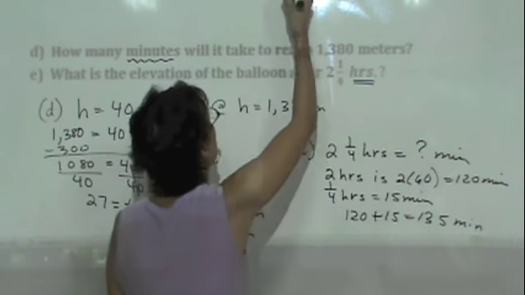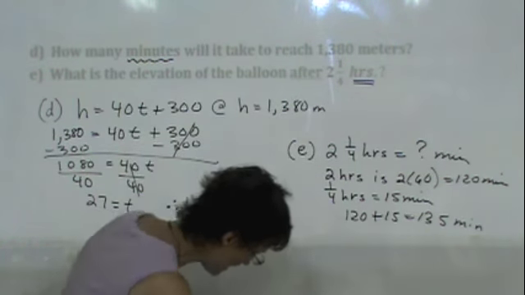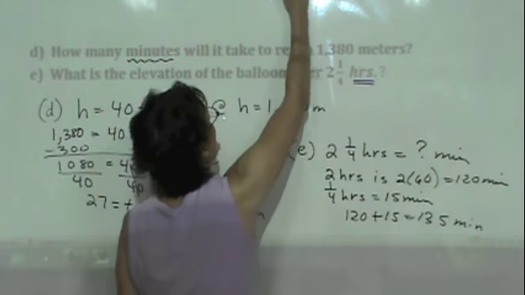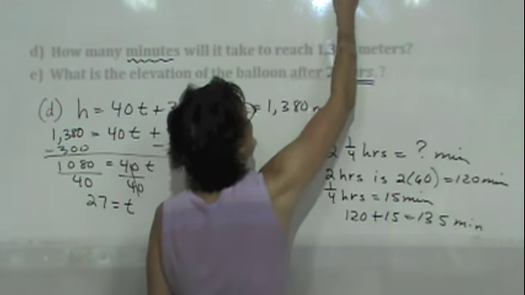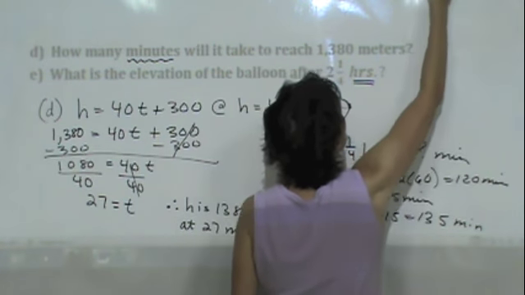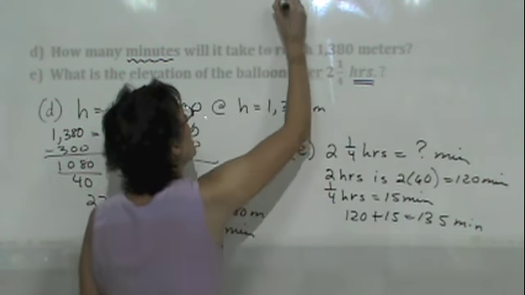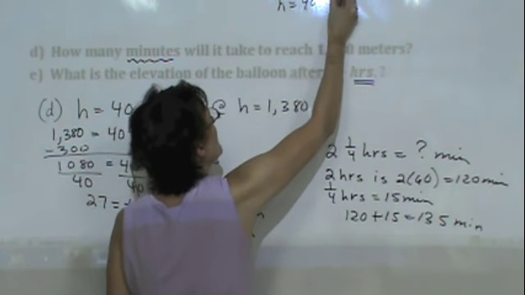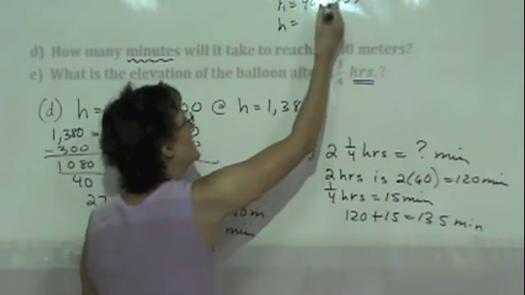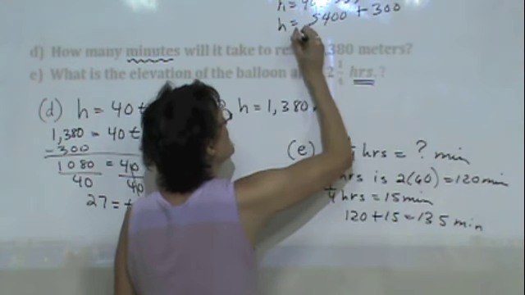I'm going to scoot that up here. I was going to write h of t in function notation, but we're not quite there yet, we didn't do that the whole time. So I'm going to write h equals 40t plus 300. And now we're doing it at t equal to 135 minutes. So h equals 40 times 135 plus 300. So h equals, I did this already, 5,400 plus 300, and that gives me my total of